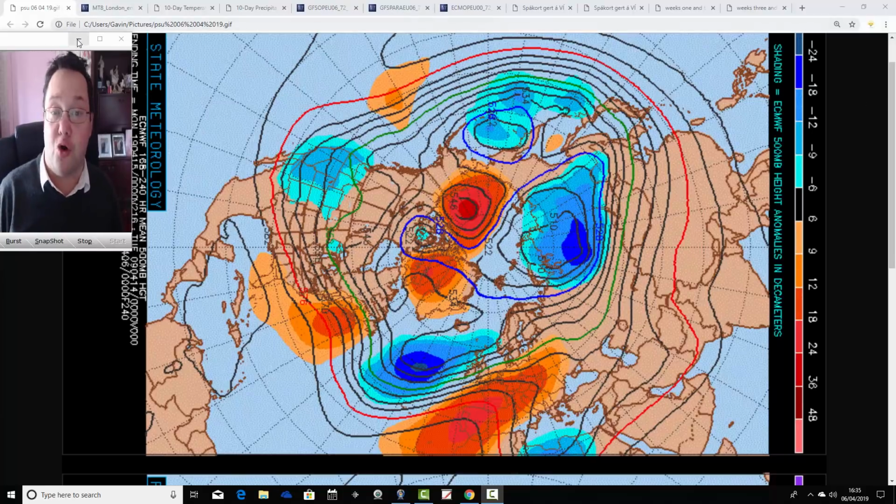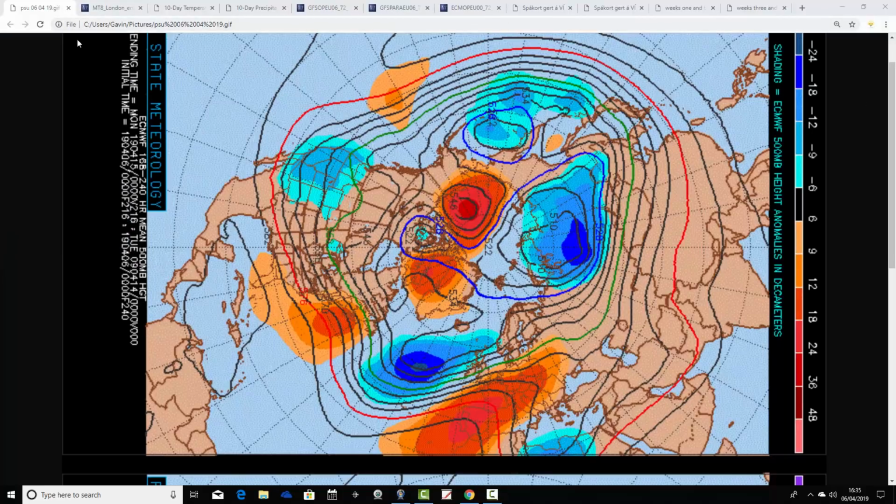We're going to begin by having a look at the 500 millibar height anomaly flowcharts from Penn State University. We've got the ECMWF here on the top. The GFS, which I'll look at in a moment, is on the bottom. 500 millibars, 18,000 feet, is there in the atmosphere, where high pressure and low pressure are being moved around by the jet stream. Red extrapolates high pressure, blue to low pressure. These are the mean flow charts for the next week to 10 days, taking us into the second half of